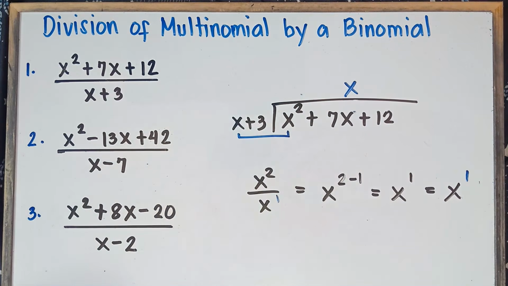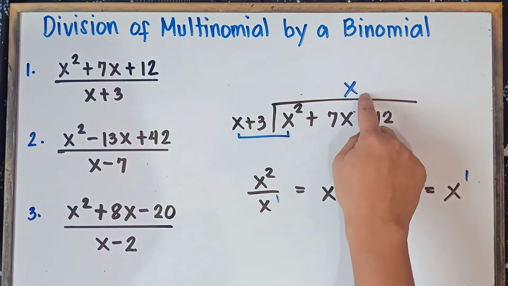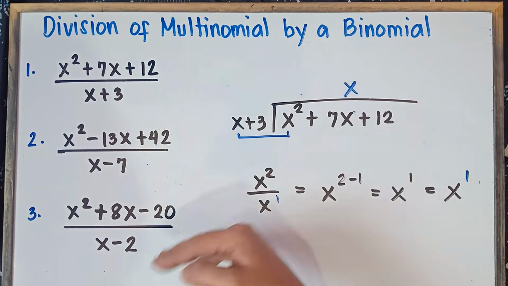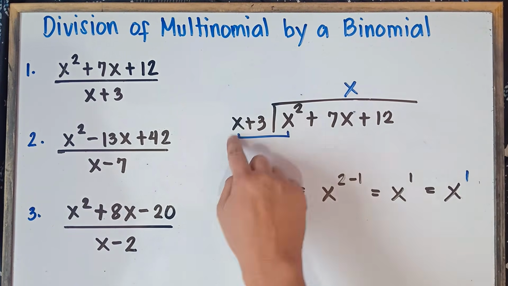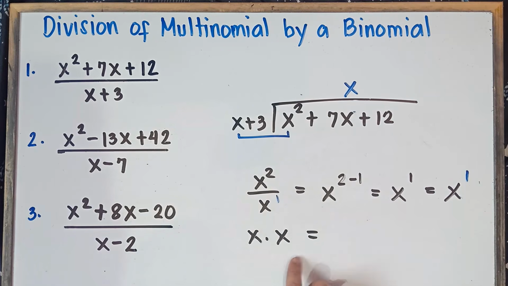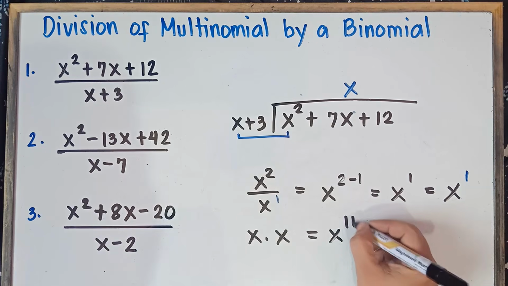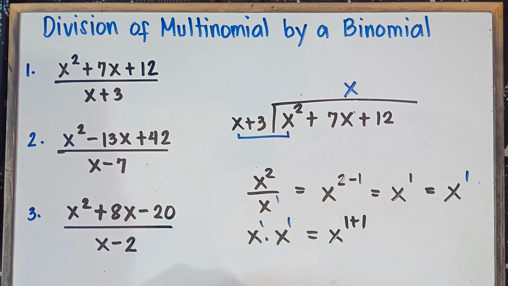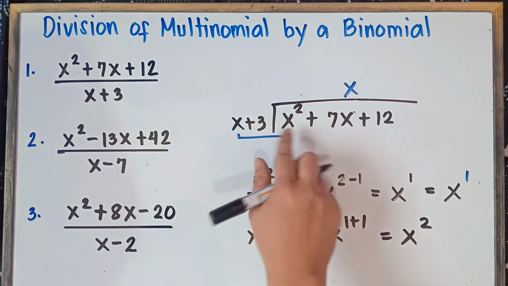Alright, so after you divide, you do it in reverse, class. Once again, x squared divided by x is x. Now, after you divide, you do it in reverse. You simply multiply x times x. What's the answer, class? In the product rule, in multiplication, if they have the same base, simply copy the base and then simply add the exponent. Understood that there's 1 here, so copy x, add the exponent: 1 plus 1 is 2, so that would be x squared. So x times x is x squared.